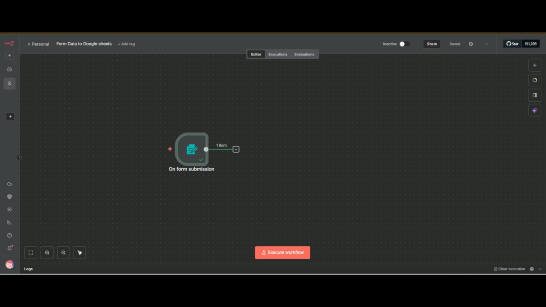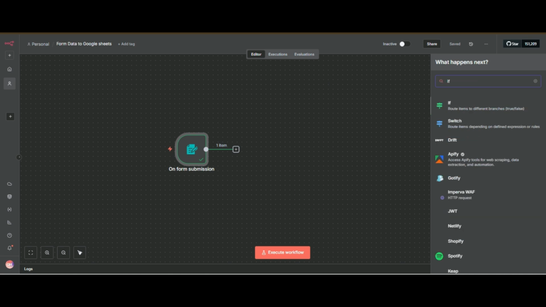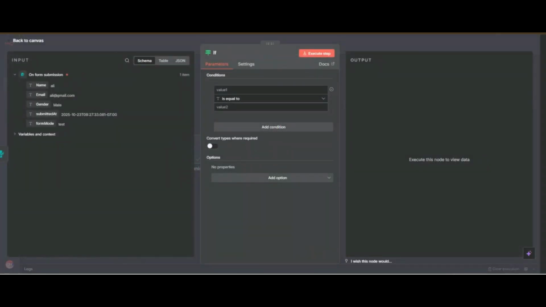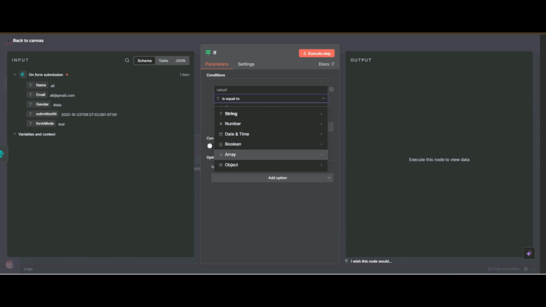The If node has two branches, so I search for the If node and add it. Now there is an If node. You can see string, number, date and time, boolean, and we will go more in depth later. For now, the If node is a conditional node that we use for conditions: if this happens, then this will happen.